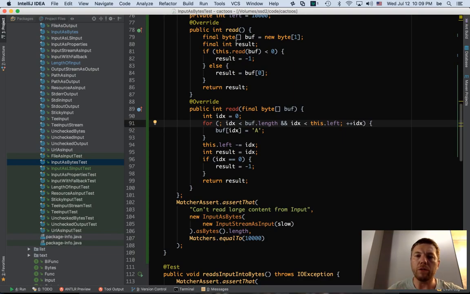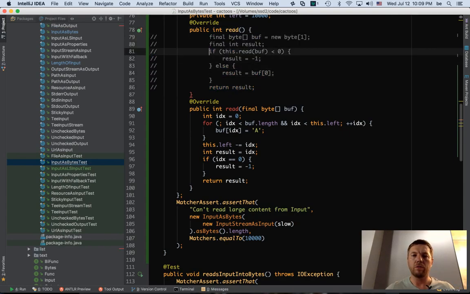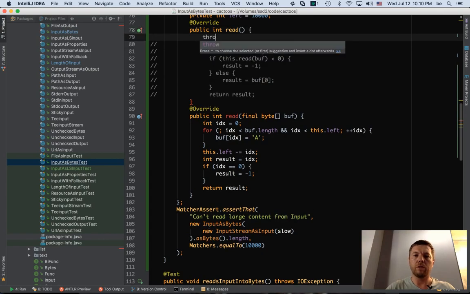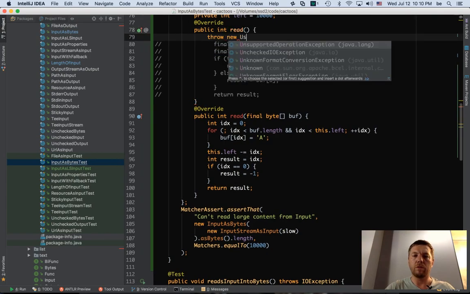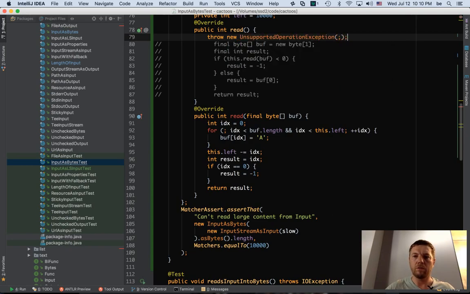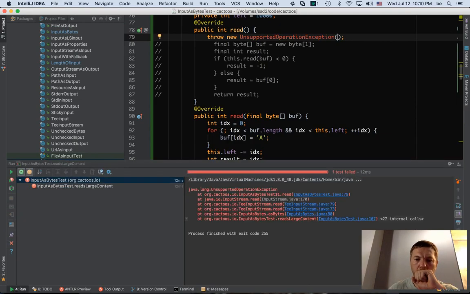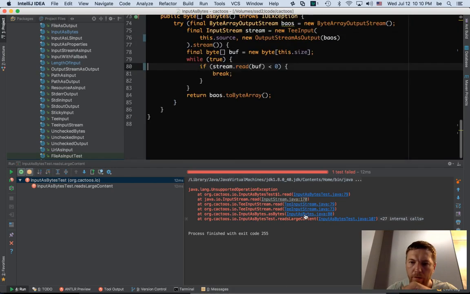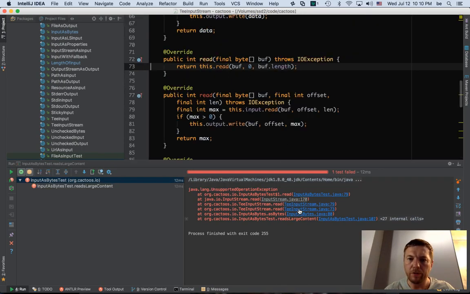Or maybe this one is called. I don't think so. Nobody's supposed to touch that one. Yeah. Who's doing that? What? Why this? Okay, this is InputStream read.